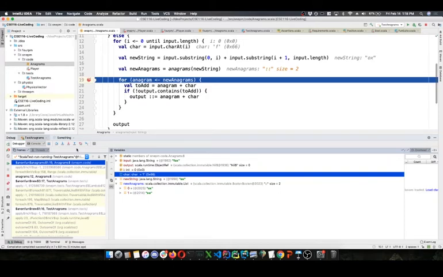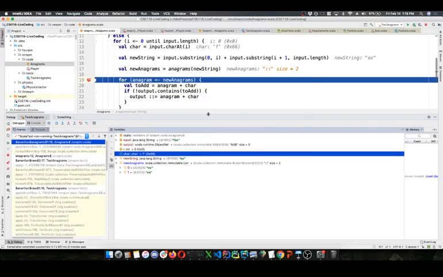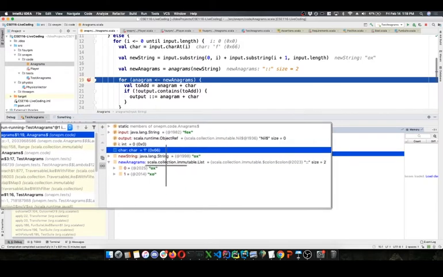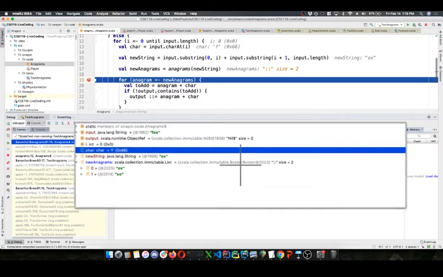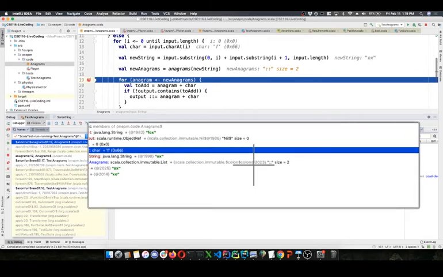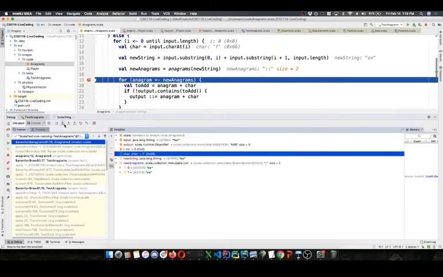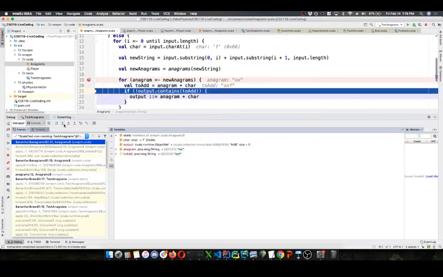So now we go through our anagrams, and right here I want to show, it already happened a few times, but this is where I want to stop and show it. If I look at this list, I have this immutable list at 2023, and when I add a value to this,